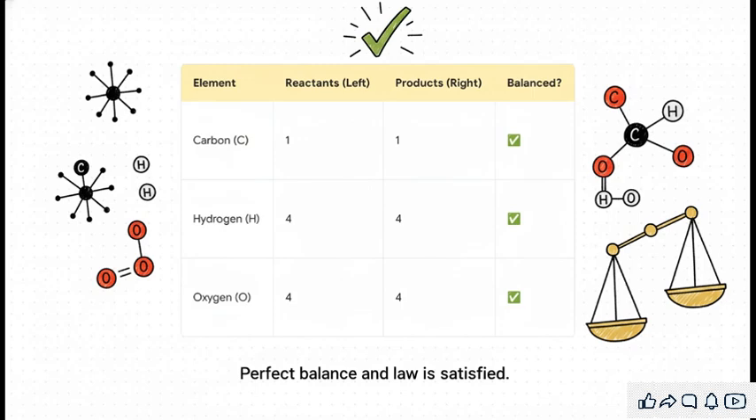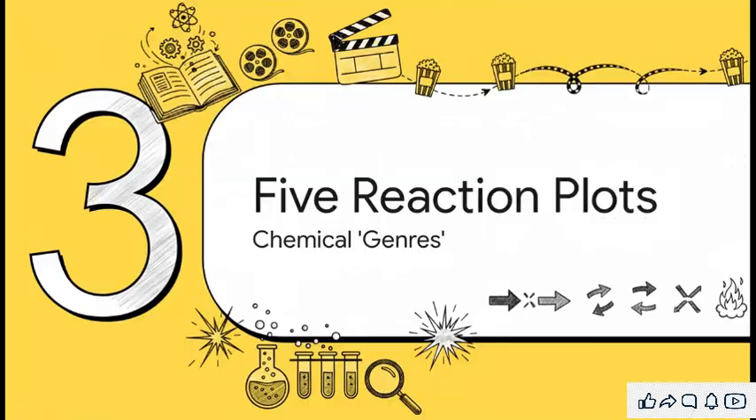And on the right side, we end up with, you guessed it, 1 carbon, 4 hydrogens, and 4 oxygens. It's a perfect match. The story adds up. So now that we know how to read these equations, let's look at the common types of stories they tell. It turns out that most reactions follow one of about 5 basic plots. It's almost like movie genres, and once you can spot the genre, you have a pretty good idea of what's